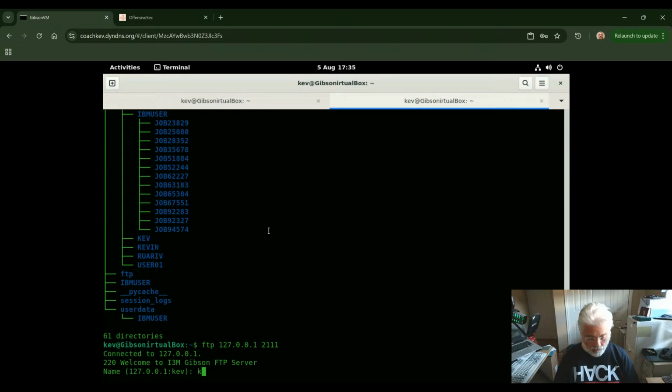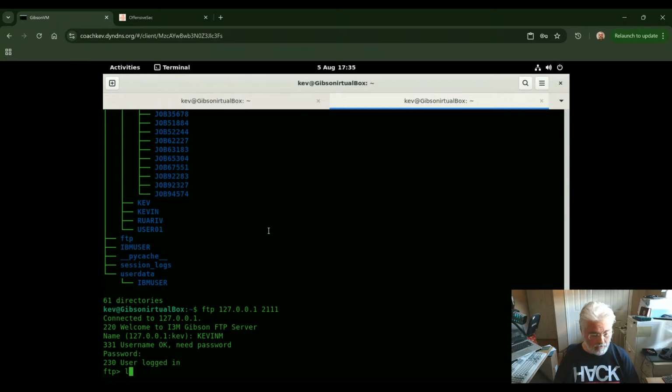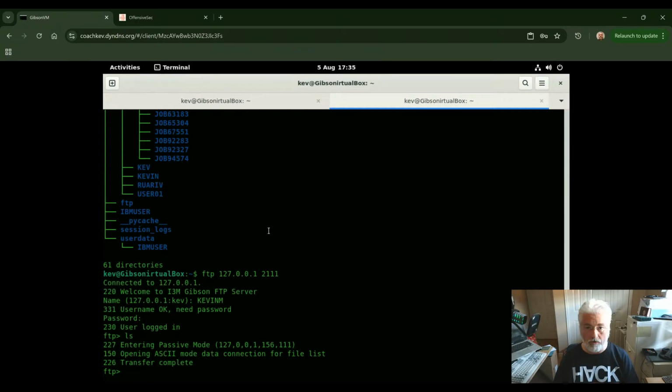And I've added a user ID for myself. So I should be able to log in with that user ID. And I have nothing in my directory, really, to be honest. And I'll do more demonstrations on how to use the FTP server. You'll be able to do things that are more relevant to z/OS mainframes,